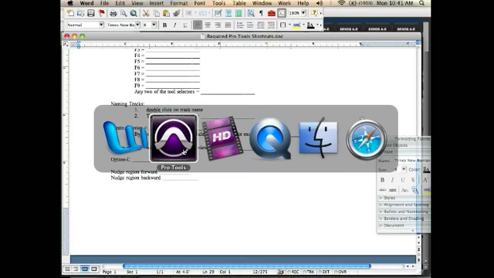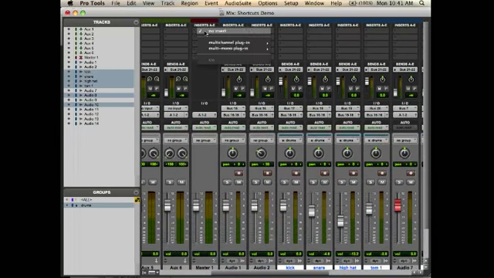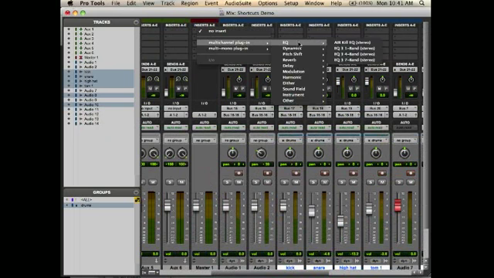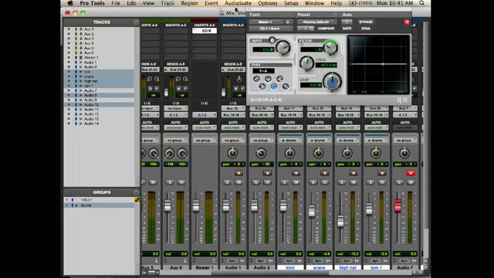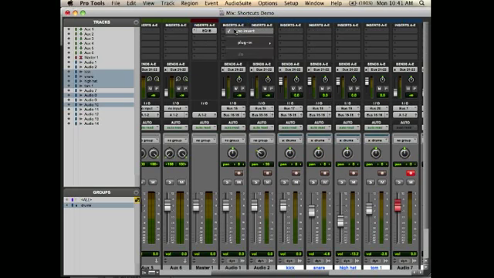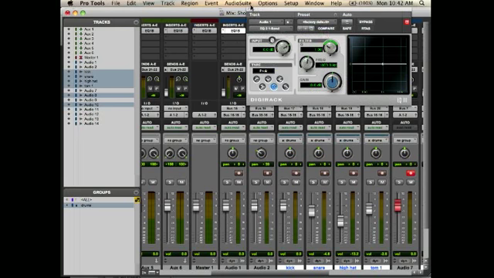Bypass plugin. What I mean by this, let's say we had a whole bunch of plugins. We'll hold down Alt, insert some kind of EQ, just something simple. That was on my master fader, so it didn't go to every track. Let's try it over here. Here we go. So now there's a